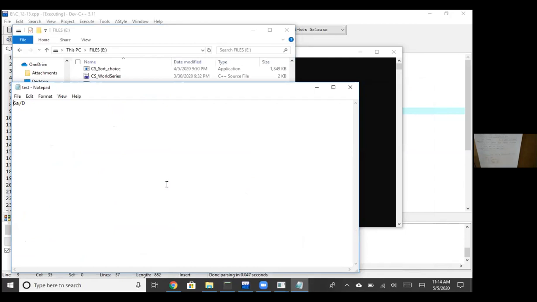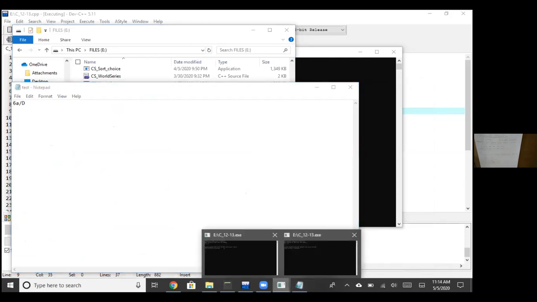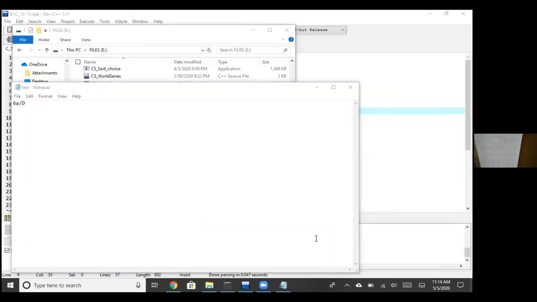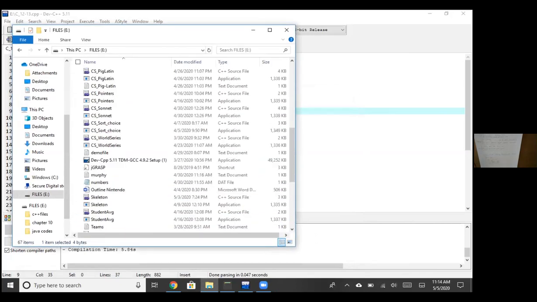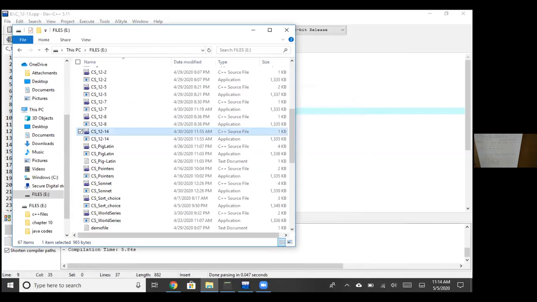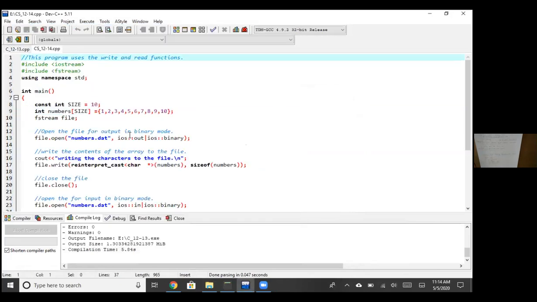Now, when you ran the next one, 1214, this time I have an integer array inside of 1214. And you see the array is called numbers. We have an implicit initialization of the numbers. We now have a data file called numbers.dat. If you go ahead and run this one,